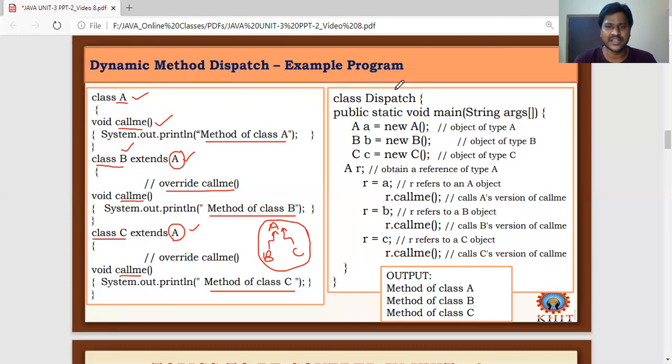And coming to the main class. Inside the main function, why do we call this class main? We have the main method in this class.